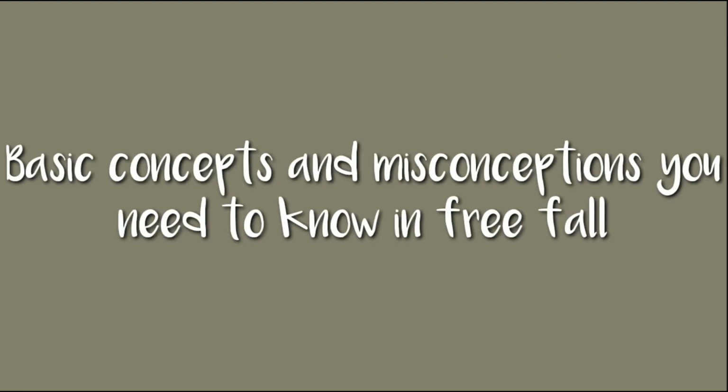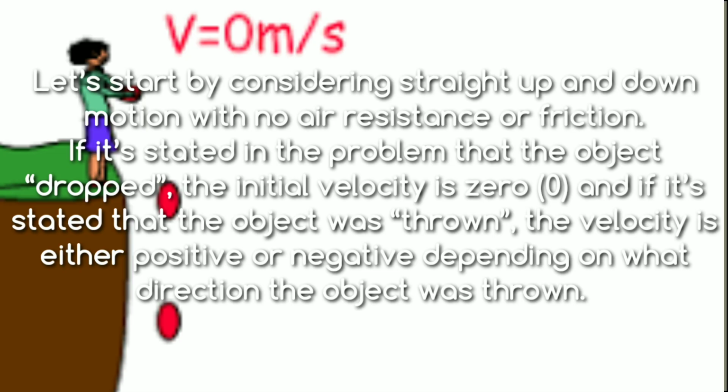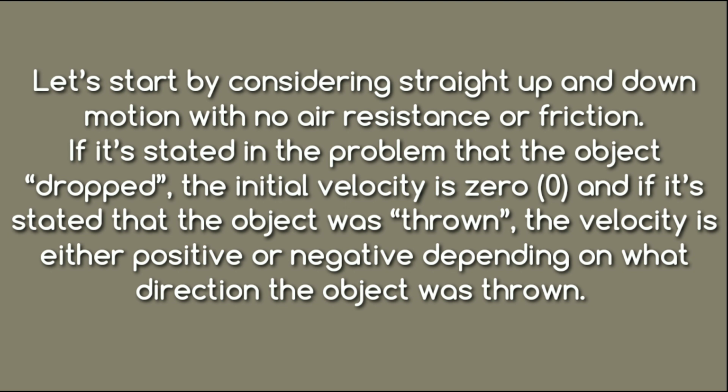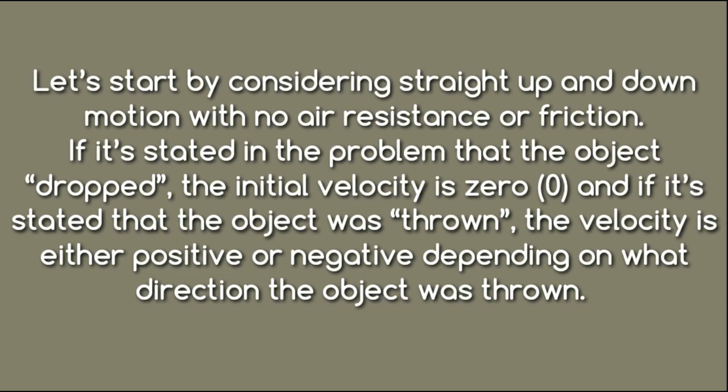And now, let's go to the basic concepts and misconceptions you need to know in free fall. Let's start by considering straight up and down motion with no air resistance or friction. If it's stated in the problem that the object was dropped, the initial velocity is 0. And if it's stated the object was thrown, the velocity is either positive or negative, depending on what direction